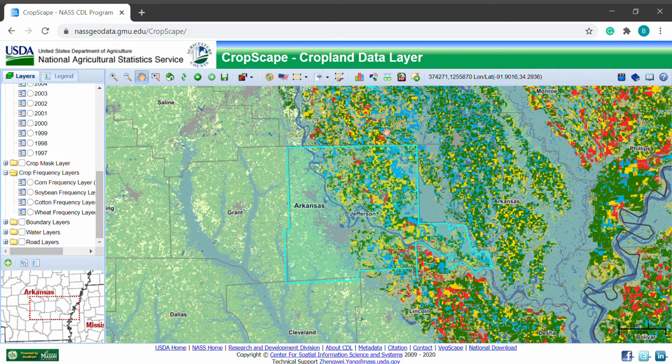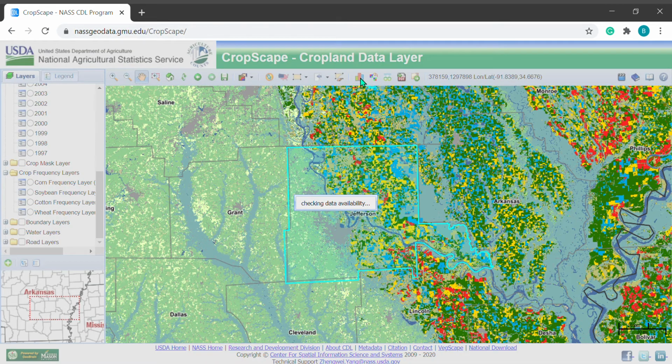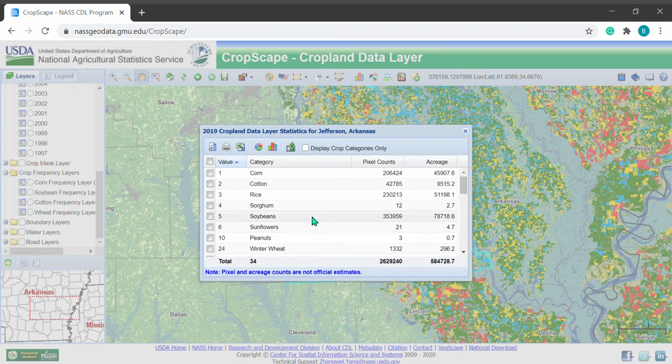Now click on the little bar graph here. This bar graph is going to tell us a lot of information about our area of interest. You can see the first listing of the crops is according to their value. We really don't care about the value. I would rather sort to know what the biggest crops are, what crop has the most acreage in that county.